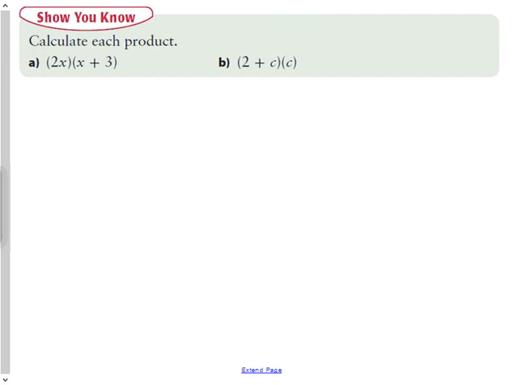So with the first couple, what you'll notice is calculate each product. And there are three methods that you can use to calculate this. And I know you don't have this in your notes because I'm giving it to you now in the video. And the three methods are modeling using area model,